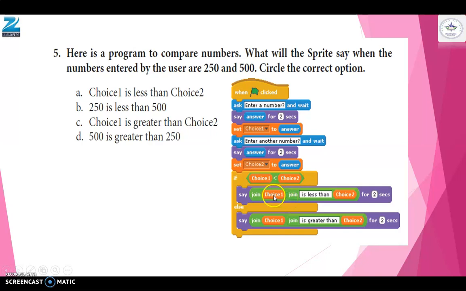That is this, choice 1 less than choice 2. So here the values of choice 1 and choice 2 will appear. Else choice 1 is greater than choice 2. So here what will be the answer? Obviously number 1 is less than number 2. So the question is what will be the output? Can you guess the output? Yes, 250 is less than 500.